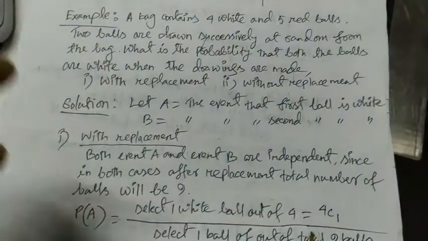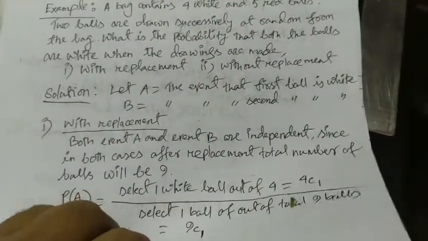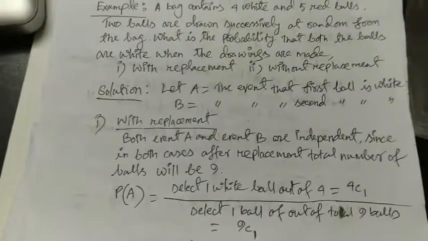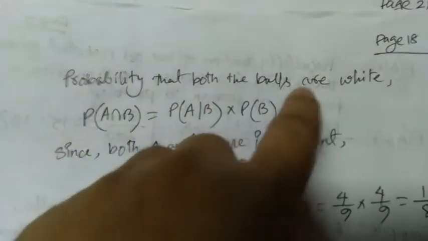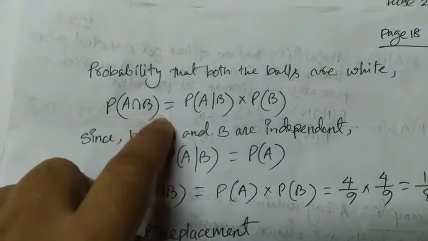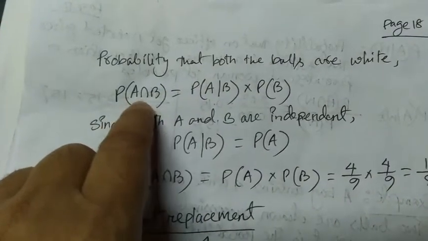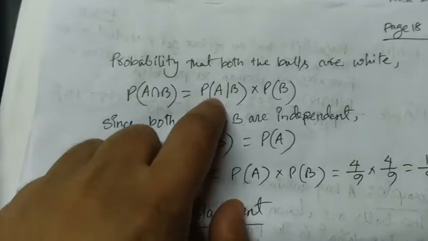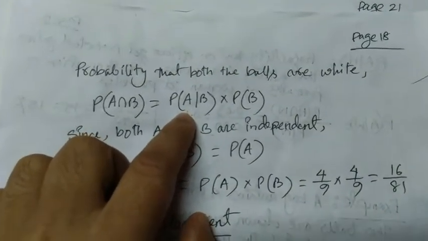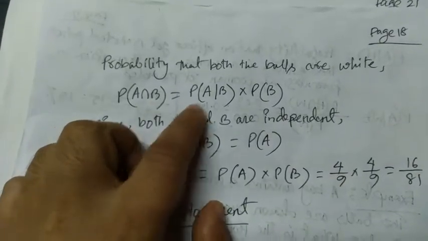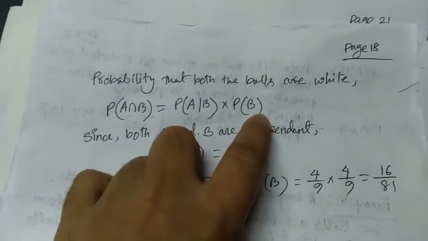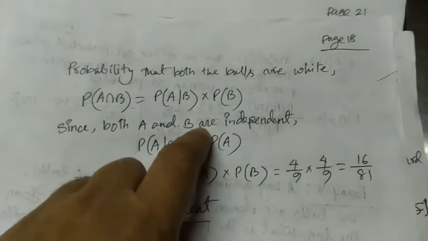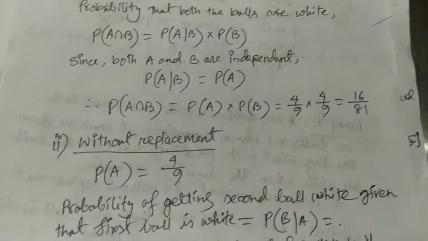As I said before, when you see the term both, this means intersection. So the probability that both the balls are white means P of A intersection B. From the conditional probability formula, we know that the probability of A intersection B is the probability of A given B multiplied by the given part, the probability of B. Since both A and B are independent, because we are replacing the ball,